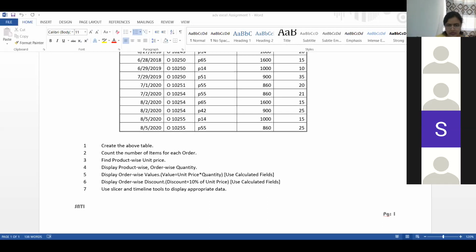Okay, so who is going to help me with this? Count the number of items for each order. What should we do for this? Samihan?